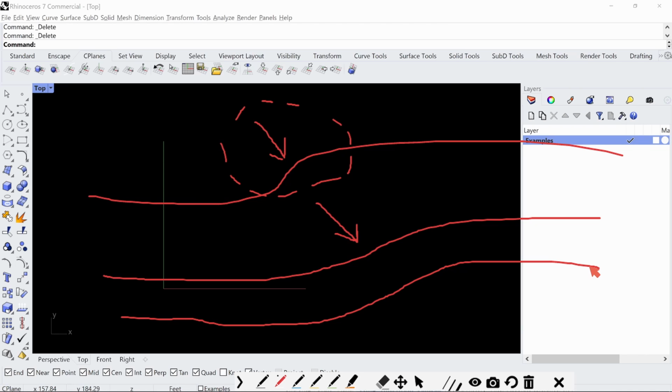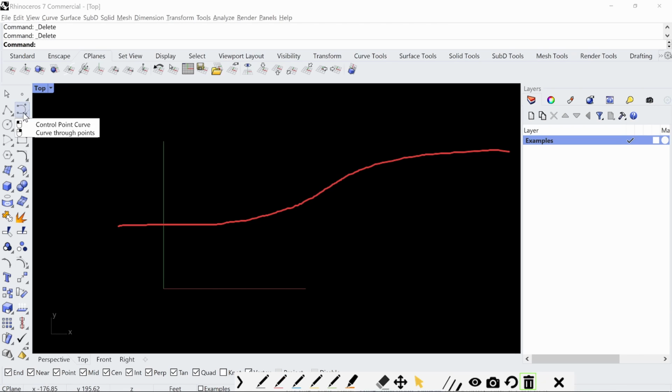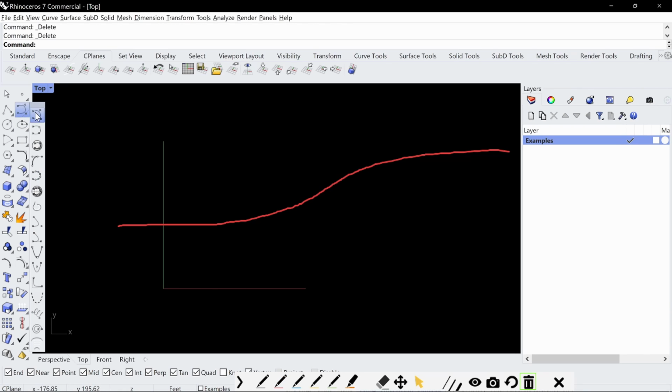And so let's say, for example, I have a curve, right? Let's say I drew something by hand like this, and I have a curve like this. I can go in here, and if you hold down this arrow right here, there are a couple of options. You have a control point curve and curve interpolate points. Control point curve will average out the curvature,